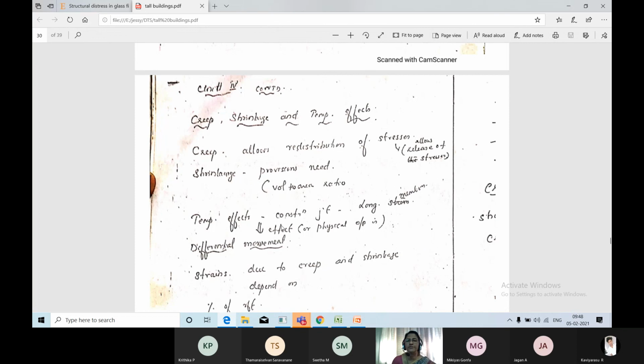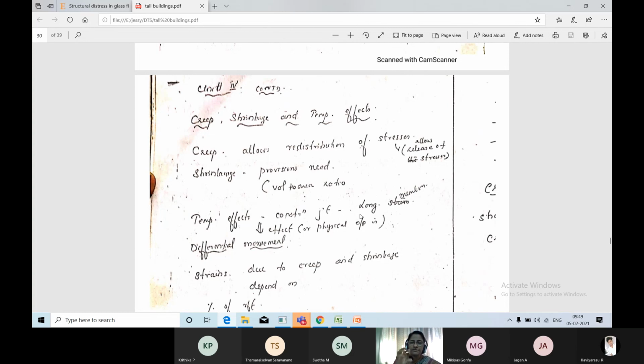So these are the major stability checks you have to do, mainly creep and shrinkage. Then in the fourth unit you had a portion called creep, shrinkage and temperature effect. For a high-rise building, the life of the structure is always more than 50 years, 100 years. Because of the long term, every element can have an effect of temperature. If a high temperature comes or the temperature becomes very low, the material will be affected and some stresses will be developed.